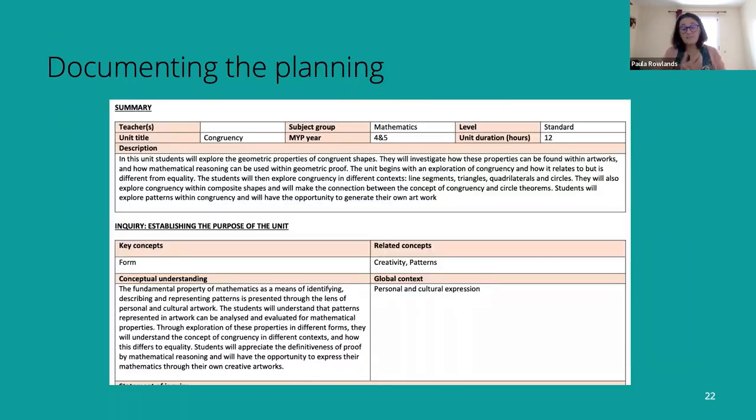And then once the ideas are formed, then I start documenting the planning. So I'll just show now how my ideas for the unit can be documented in a unit plan. And I love the unit plan because it makes sure that it all knits together well. It helps you to catch any little gaps that you might have in your unit. So on the screen here, there's an example of the Pearson unit plan that goes with the congruency chapter. So you can see that there's a description of what the unit hopes to achieve, what I hope the students will understand, what they will do, and again, giving an overview of the whole unit and how it relates to